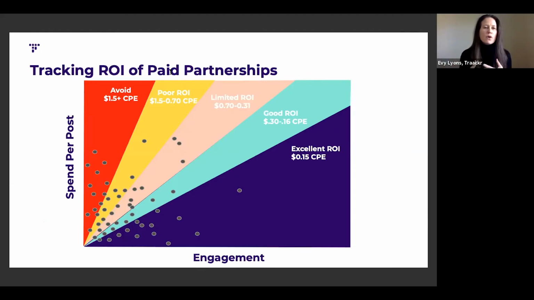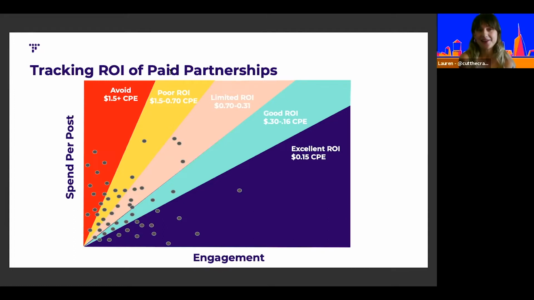Absolutely. And perhaps sometimes it's cut and dry like that. It's like, okay, this is not a good partnership, or this is a good partnership, but there's a lot of nuance in this as well. Yeah. And I think that leads us to the next point, which was establishing benchmarks for your spend efficiency metrics, in this case looking, for example, at cost per engagement, and using that as a filter from which to evaluate partnerships in the past and moving forward. And what's key here is that it's a spectrum. It's not black or white.